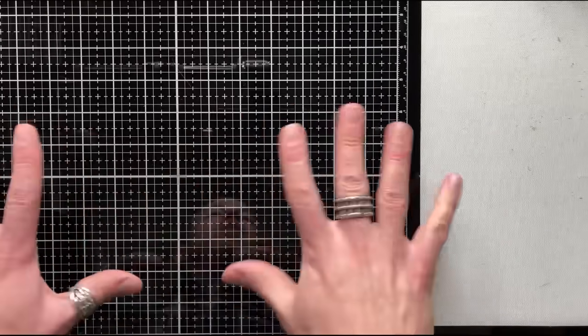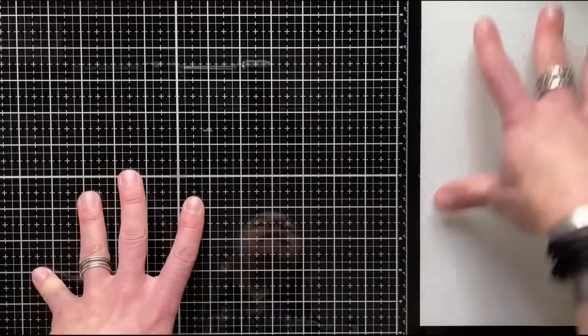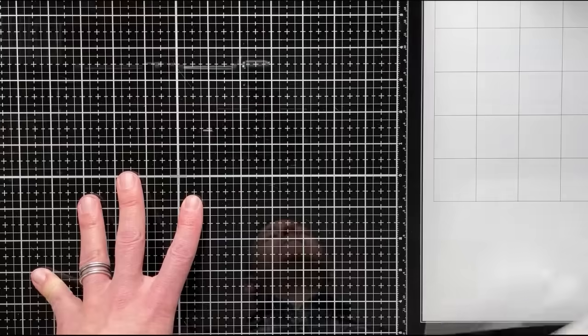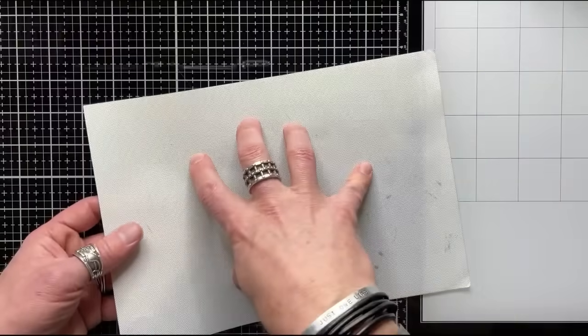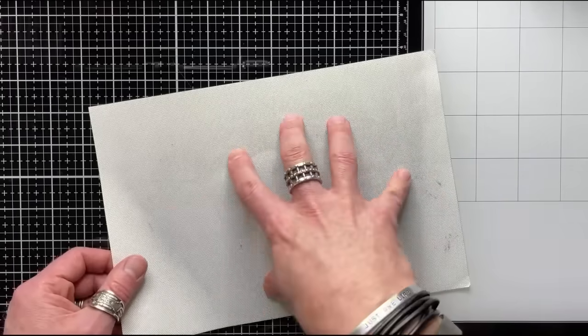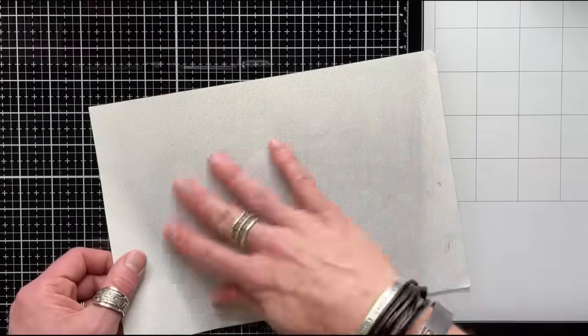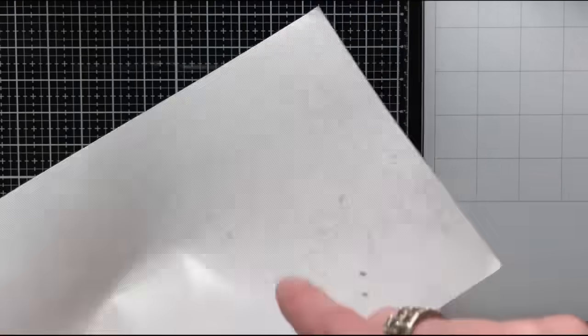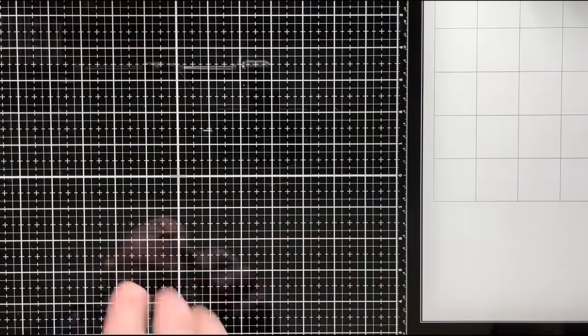All right, so I've got my glass media mat down. You can work on whatever protective surface, but if you have a media mat, this removable craft mat, right? We want to take this off because this is a fabric layered over this silicone backing, and the alcohol inks will stain this. It would still work as a non-stick mat, but to keep it from being pink and blue and never coming clean, it's the only medium that I remove this for. I use this for everything else. Distress, sprays, glues, not with alcohol ink. So taking that off,